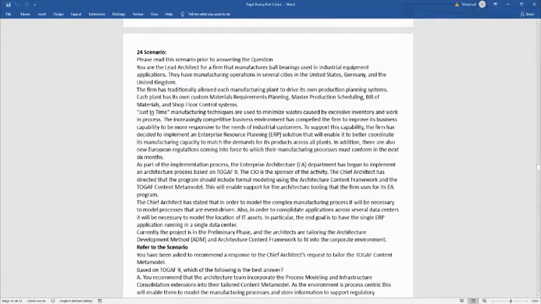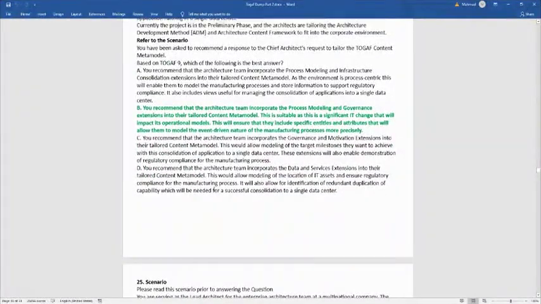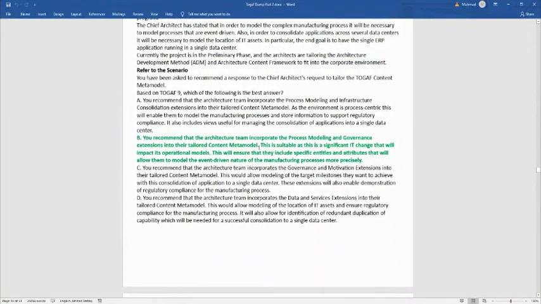Question 24. We are the lead architects for a firm manufacturing ball bearings using industrial equipment applications. They have manufacturing operations in the United States, Germany, and the United Kingdom. For this question, the answer is B. You recommend that the architecture team incorporate the process modeling and governance extension into the tailored content metamodel. This is suitable as this is a significant IT service that will impact its operating model. This will ensure that the specific entities and attributes will allow the model